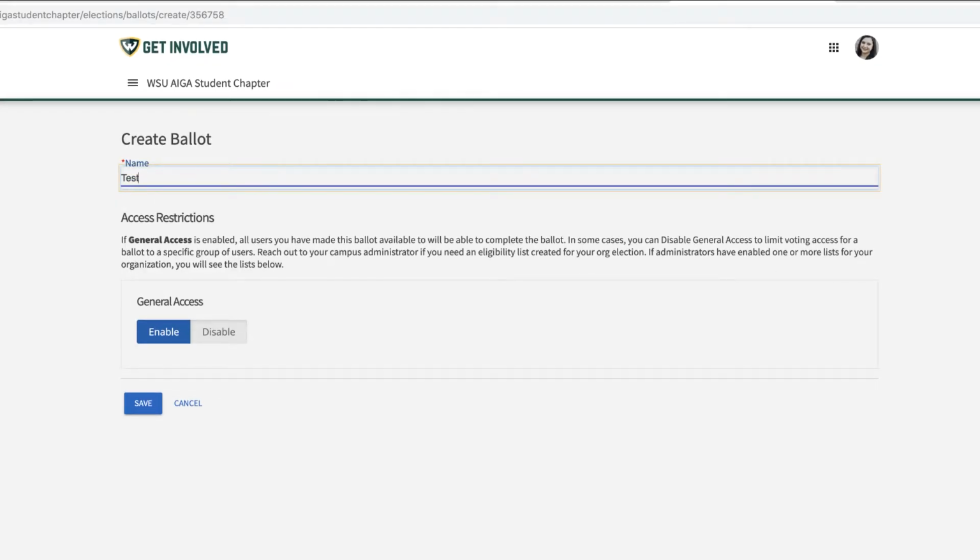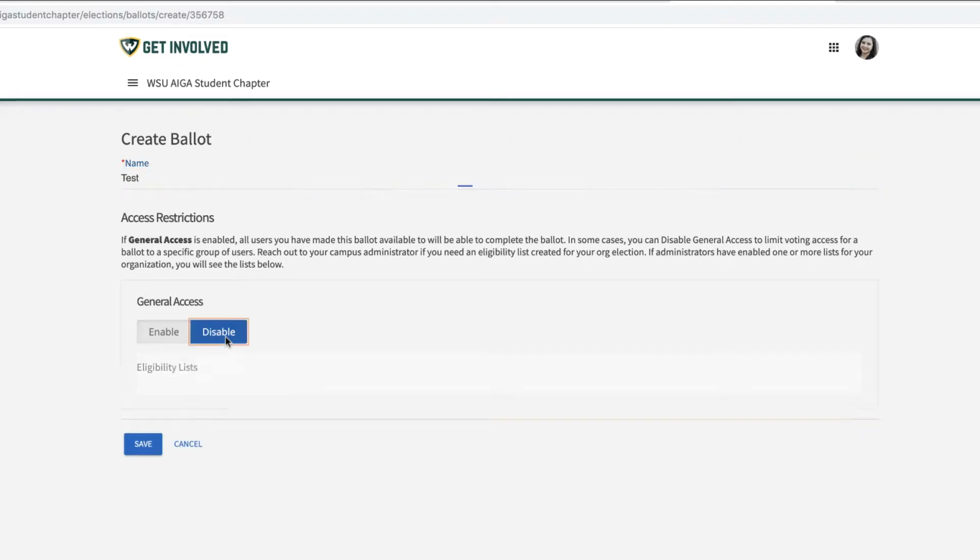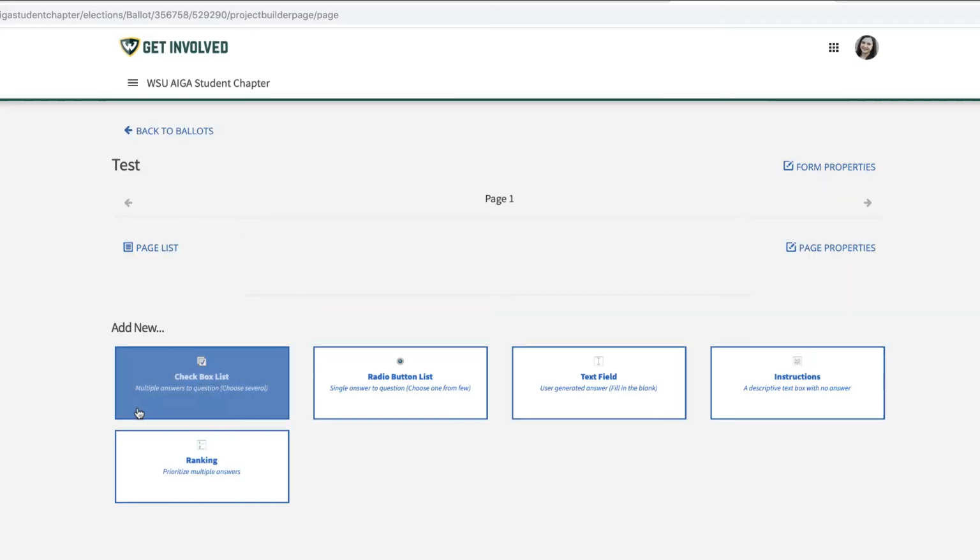If you had selected only allow users listed on the roster of this organization to vote and enable general access, only members on the roster can vote. If you need a specific eligibility list, you'll need to contact the elections administrators at getinvolved@wayne.edu. It will then take you to the screen to allow you to add questions to be voted on by